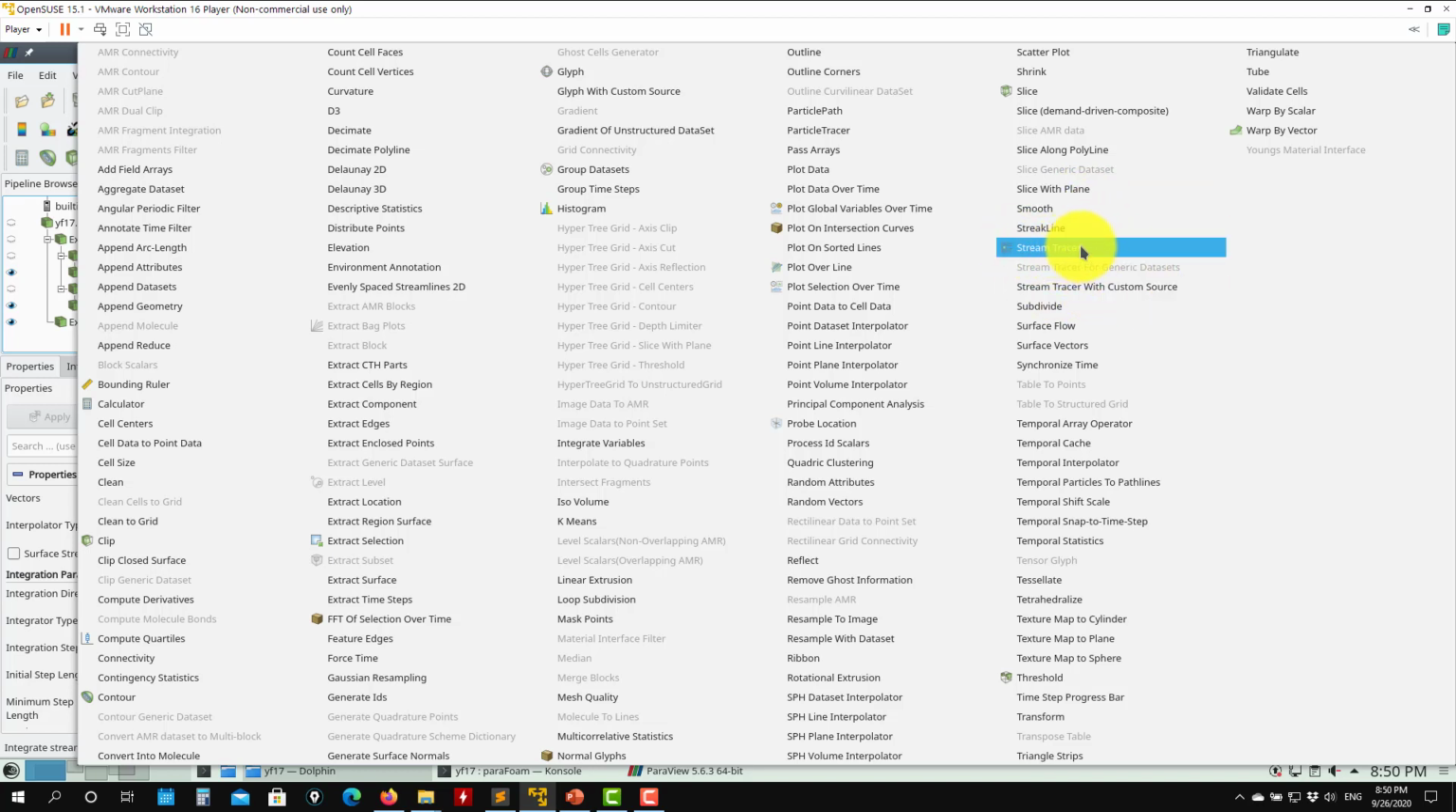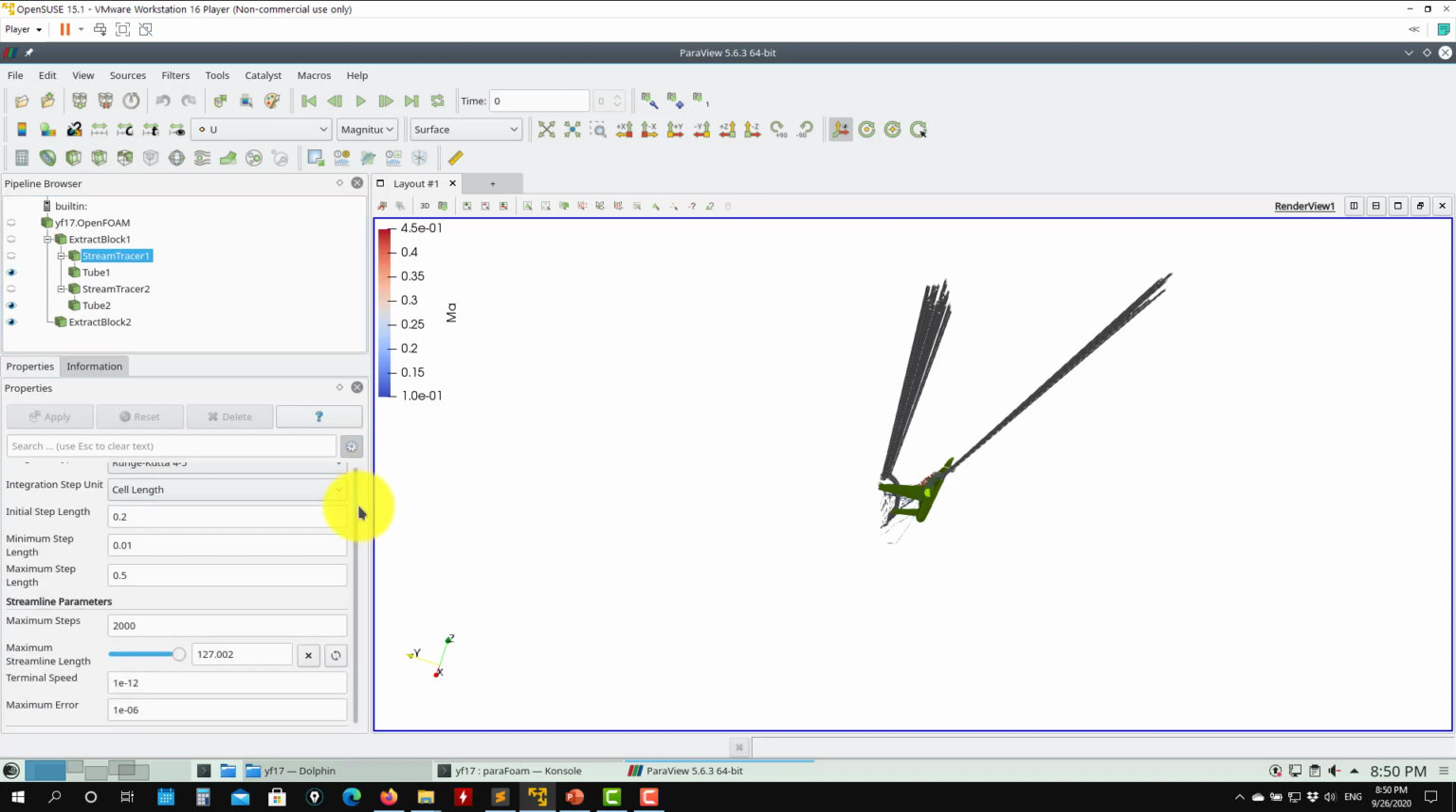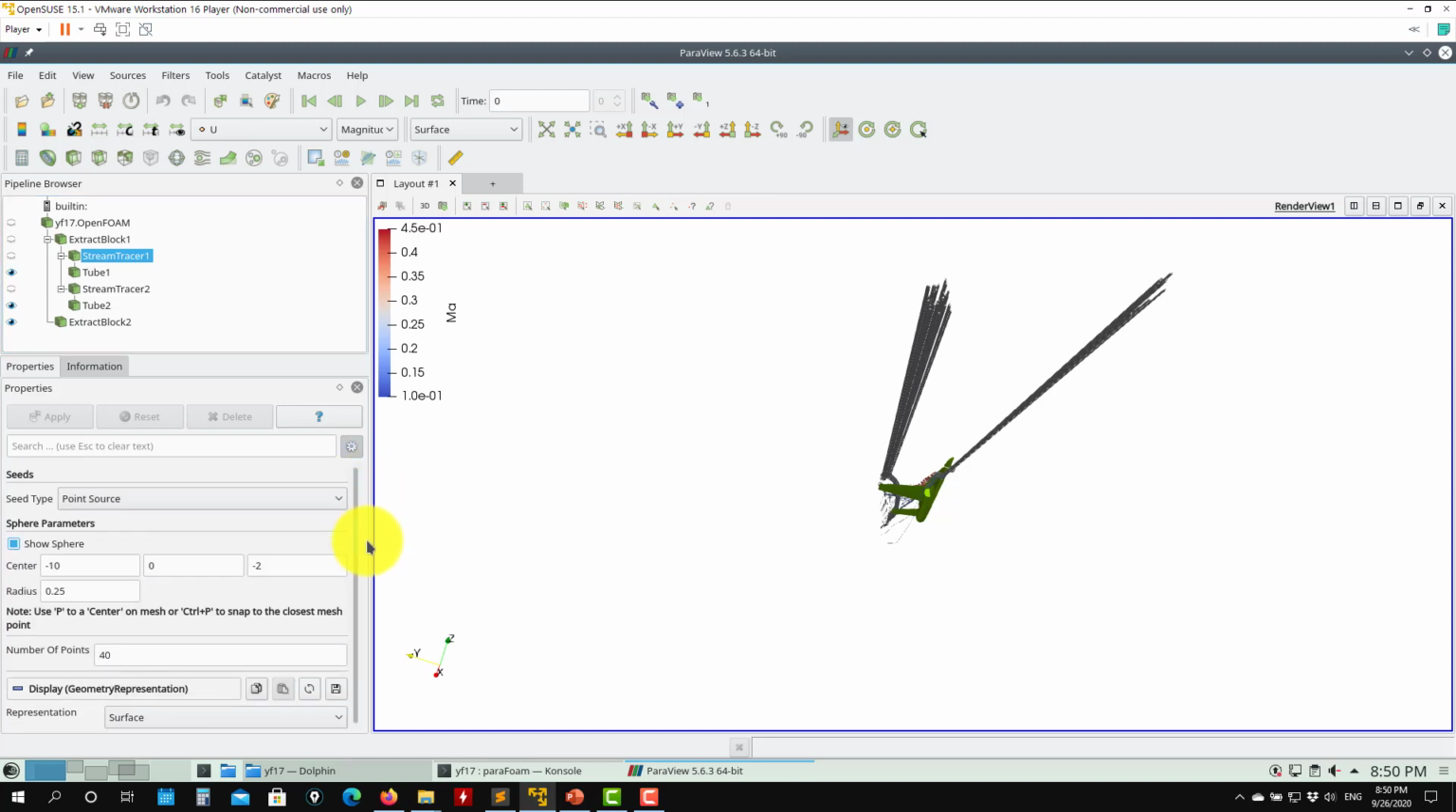This one. So you have two: a string tracer, and then a string tracer from a given surface. This one will release from a point or a line. Okay, so let's see what we have. A string tracer, and see that here I'm selecting, for instance, in this case,